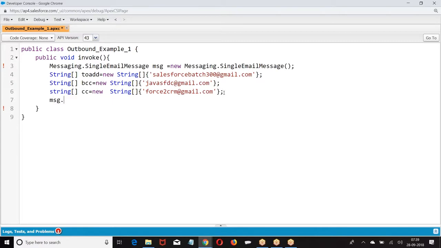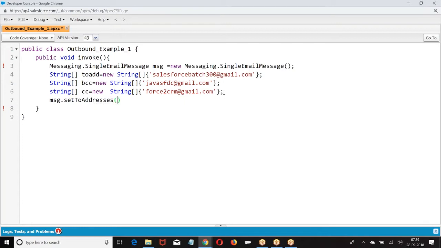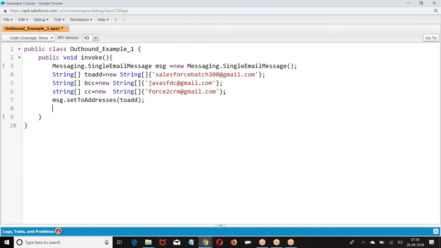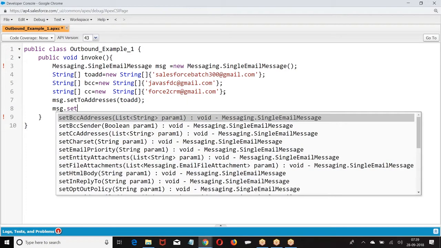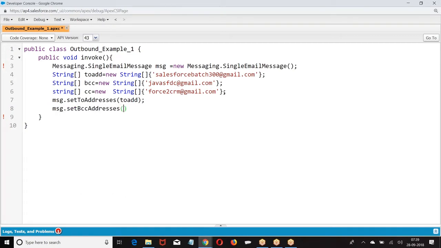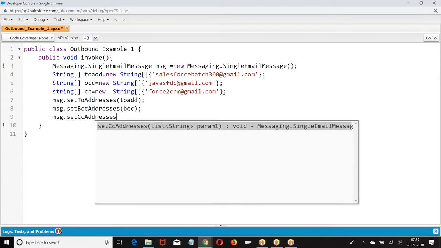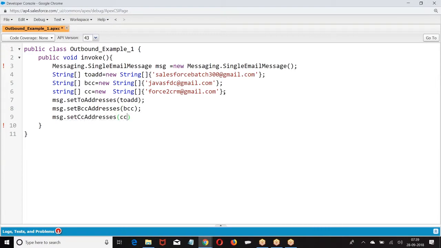Now message.setAddress. So we have toAddress, BCCAddress, CCAddress.